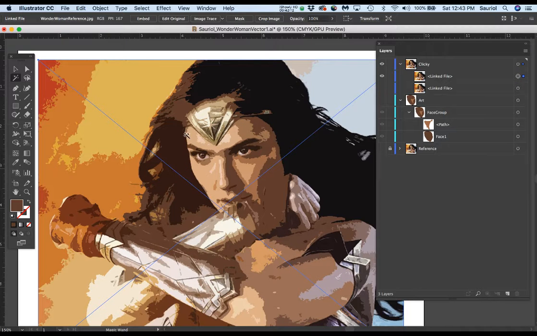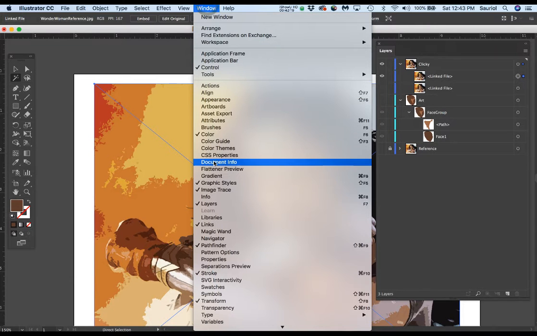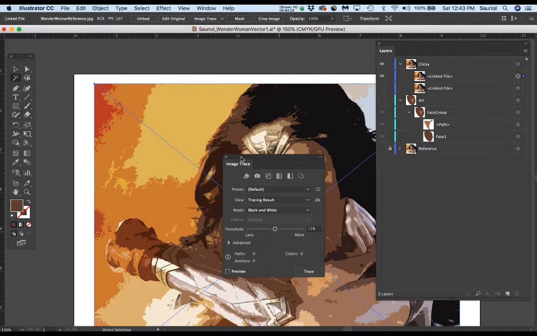Now, I want to convert this to an image trace. It's going to take a minute probably. So I'm going to go back to image trace, wherever I put the window. Here it is, right here. And I'm going to again tell it to be color. Okay, and I'm going to take the colors to maybe